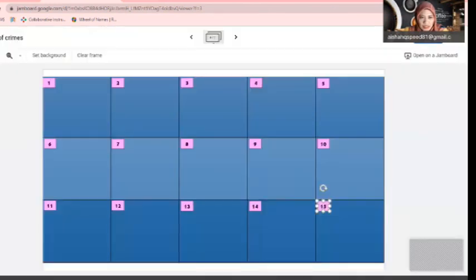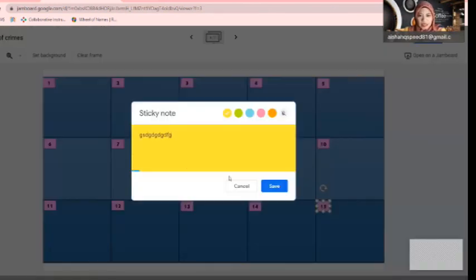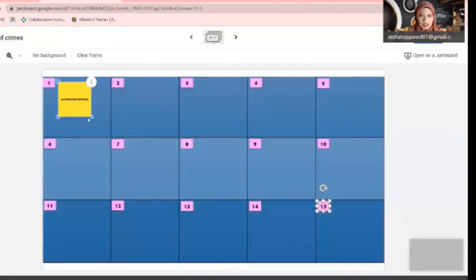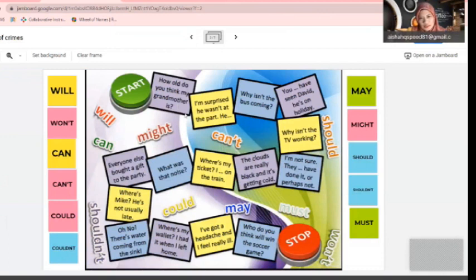Okay, for example, I take a sticky note. Let's say put an answer, type the answer. Okay, and she will put it here. This is so that we can check together as a class. So this can also be a form of formative assessment. Okay, or you can see whether they understand the use of modals or not. We have taught them modals previously, so we are checking how much they know, how much they remember, and all that. Yeah, and this is also interesting because if you see the first box here, first question,